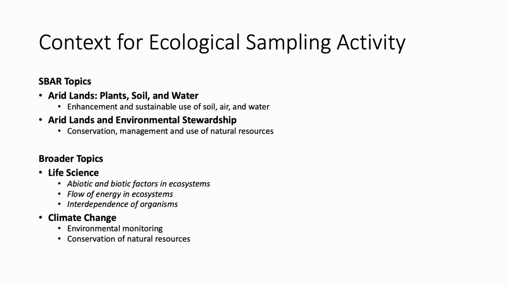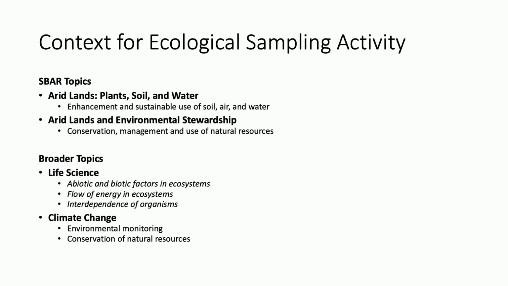Doing an ecological sampling activity in a desert ecosystem relates to SBAR since it deals with arid lands and its plants, soil, and water. And also relates to environmental stewardship, and it deals with conservation, management, and use of natural resources. When speaking about broader topics, this activity can be used for students who are learning about life science, and they can learn about abiotic and biotic factors, about flow of energy in ecosystems, and interdependence of organisms. Also for students who are learning about climate change, this activity is an environmental monitoring activity and also deals with